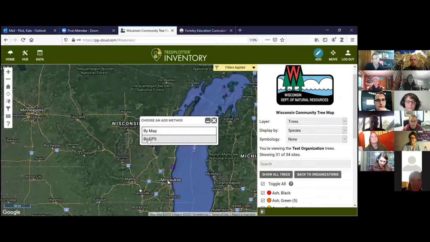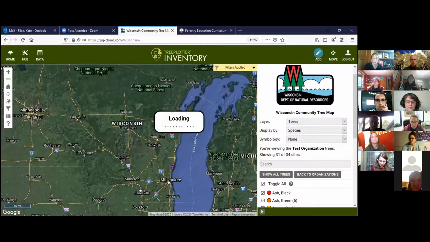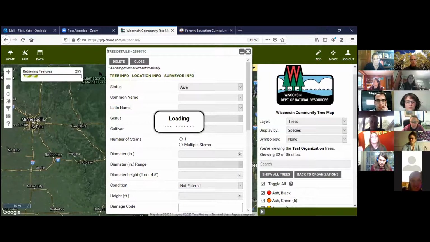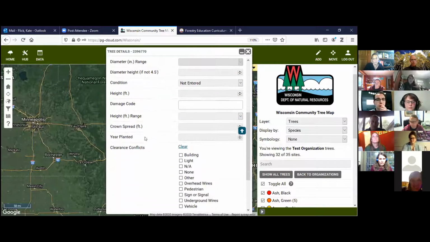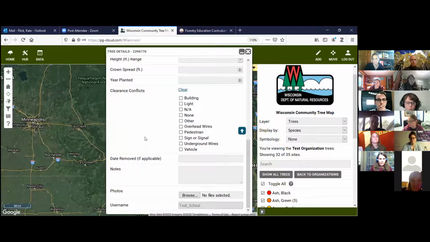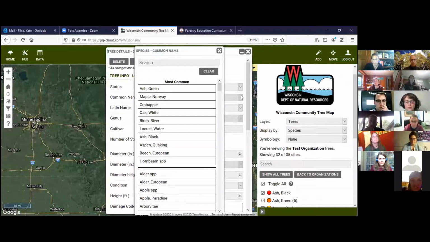So then you just go to add a tree, and I'm going to pick tree, and then I'm going to pick by GPS, because it will automatically connect to whatever GPS system my computer has, which is maybe a little bit scary, but whatever. Then you can input all these different data types. There are a lot of different classification systems that you would collect if you were doing it in your class. But for our purposes, just to get an introduction to the tool, you can add your favorite tree or one that is up there.